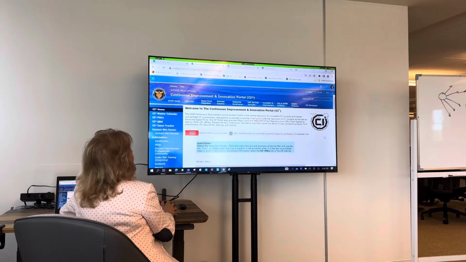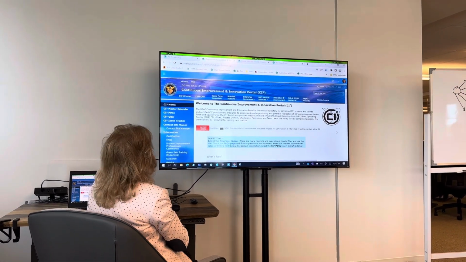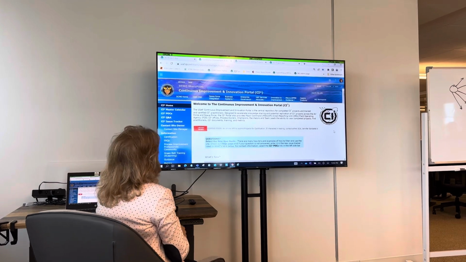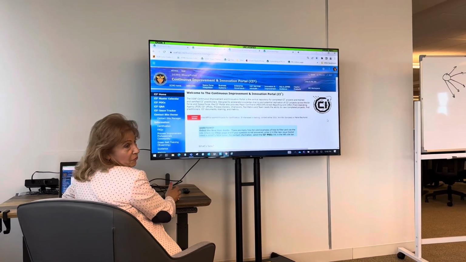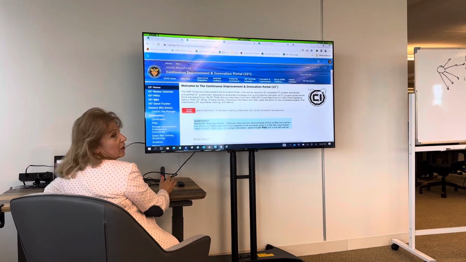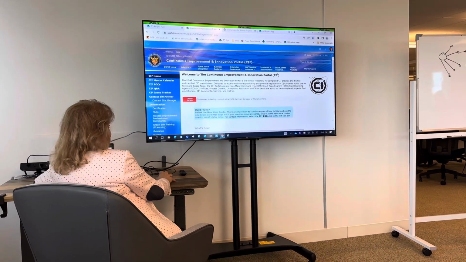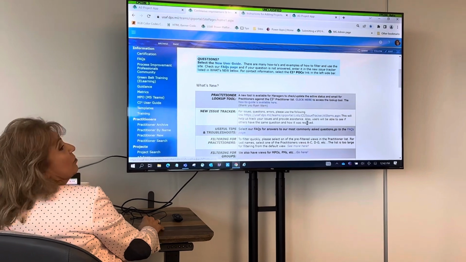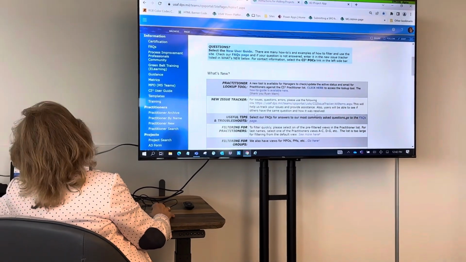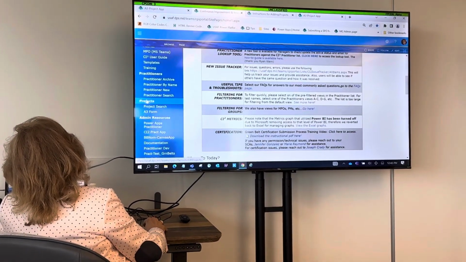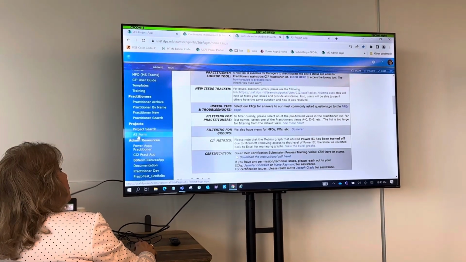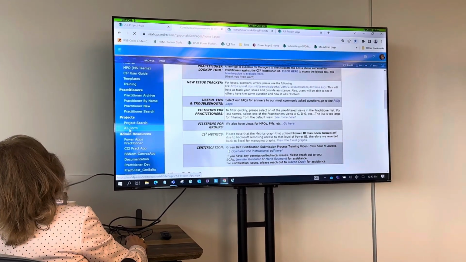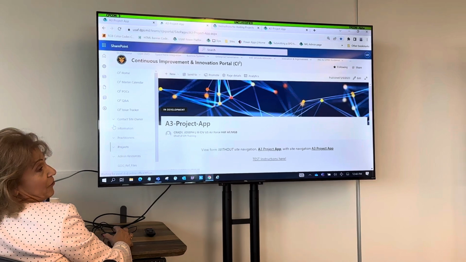All right, some of you don't know, this is the CI2 portal, that Joe's. And we are the gatekeepers of the SharePoint admins. So the A3 app that we created is accessed from right under here, under projects. If you go under A3 form, click on A3 form, it brings up a SharePoint page,